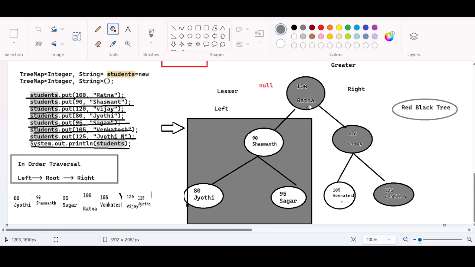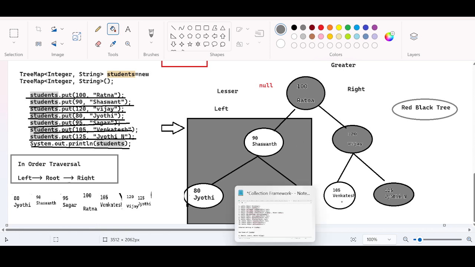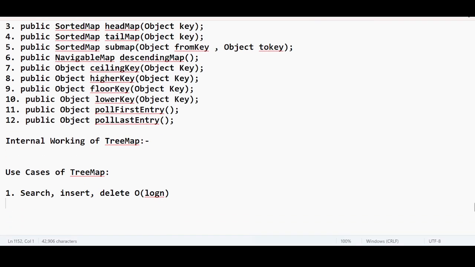Within 3 steps I can find it with this TreeMap. This is log n, which we have discussed in TreeSet also. If you want, you can refer to that video once again. For the search, insert and delete operations, it takes